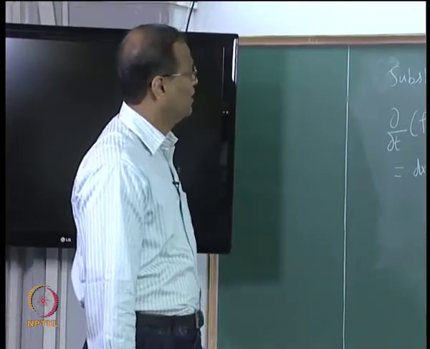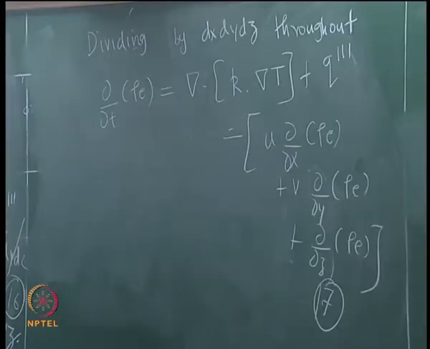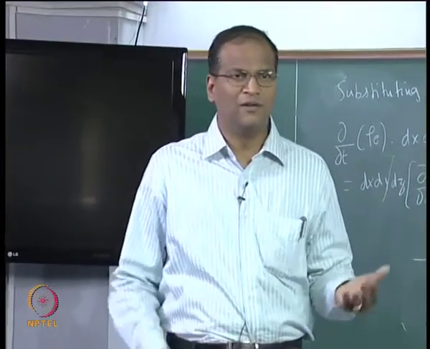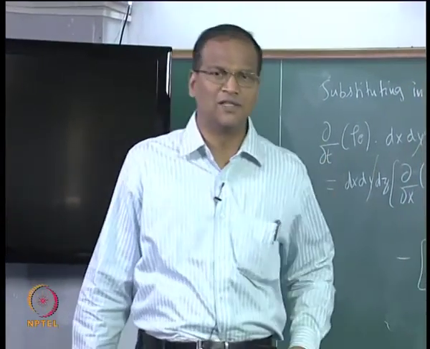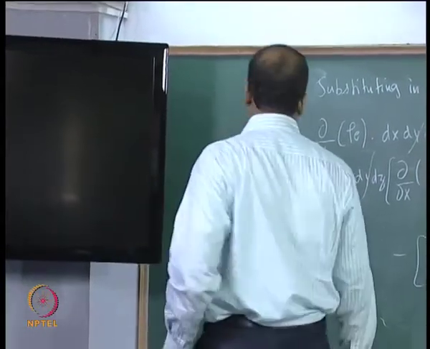Now, can we make some simplifying assumption? Let us say that the substance is incompressible, so the density is constant. It is not a great sin we are committing by doing that. Mostly we are dealing with solids, not gases. Gases anyway, convection will start. So, assuming that the substance is incompressible,